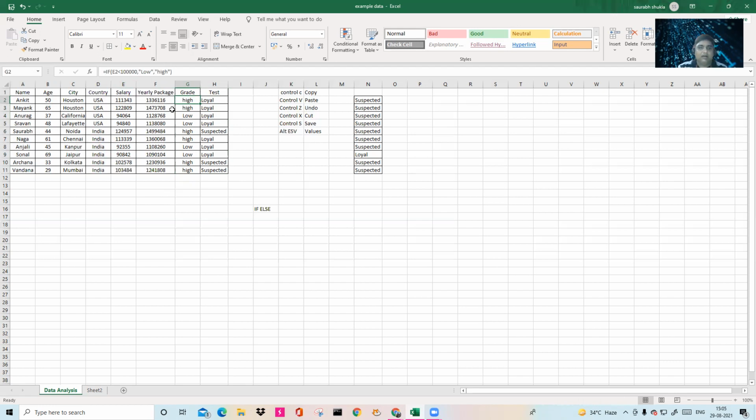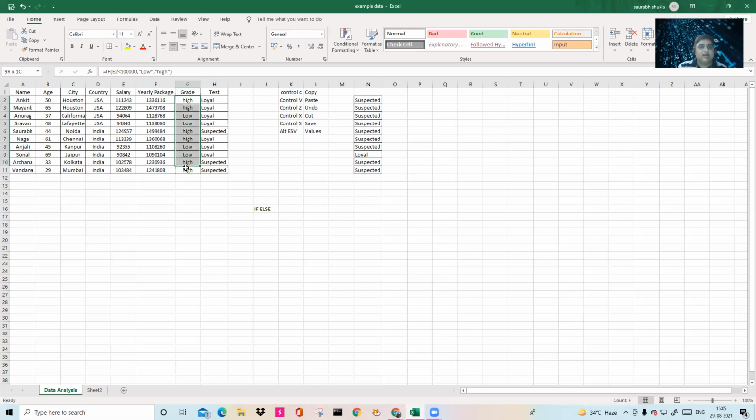So I've applied the formula: equal to IF E2, which is the salary, the first cell, is less than 100,000, then it is low, otherwise it is high. High and low I have given in quotations, so inverted commas you have to give every time. So you will get high and low.